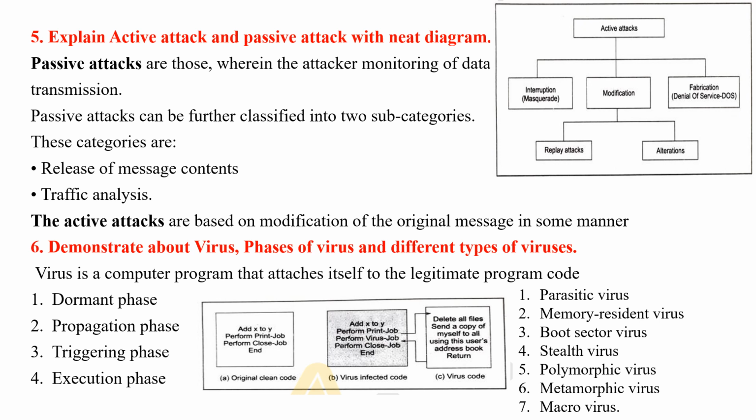And these are the different types of viruses that you can see: parasitic, memory resident, boot sector, stealth, polymorphic, metamorphic, and macrovirus. So you have to just list these down and give a small detail of what is parasitic virus. Like it is a very common type of virus, and it keeps attacking all the executable files, and it keeps replicating. If you move on to memory resident virus, it attaches itself to the main memory. Boot sector virus is nothing but it is sitting on the boot record of the disk, and it keeps spreading on the disk. So this is how you have to explain all the 7 types of virus in detail for